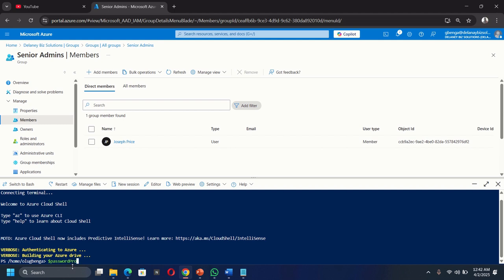Now, anywhere you see a dollar sign in front of any word or joined words, it simply shows that that is a variable. And what is a variable? Something that holds a value on a temporary basis. So I will say equal to,